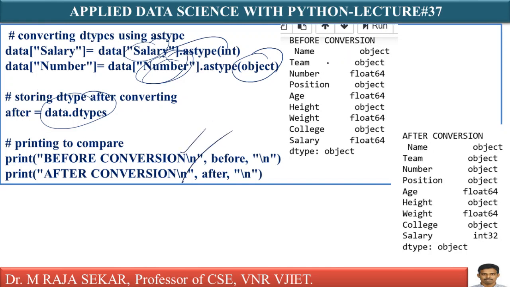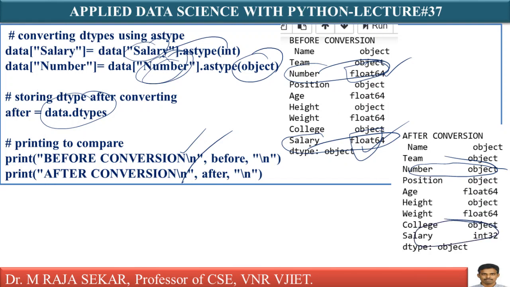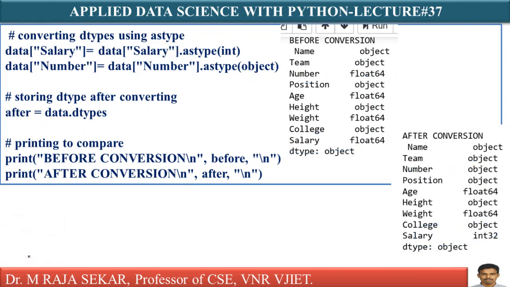Here just see the output. What are the column names? Salary and number. This is the salary column. Where is my number column? Number column. Initially it is float data type. Initially it is float data type. Now I am converting into int and object. What is the number data type here? Object. Why? Because we said number astype object, and the other one, salary, is int, isn't it? Salary was float type. Now salary.astype means it is converted into integer data type. It is simple and straightforward.